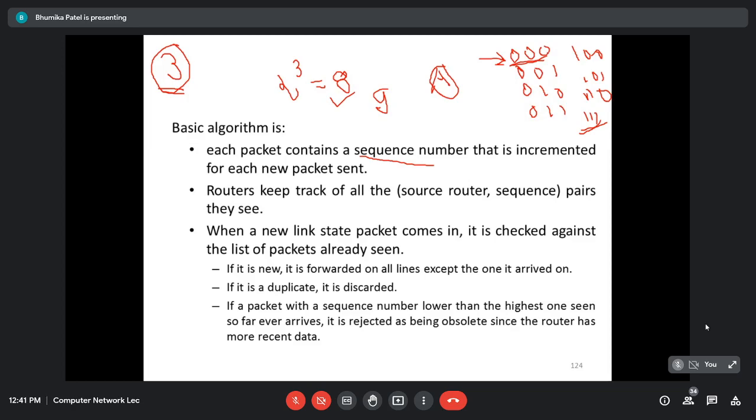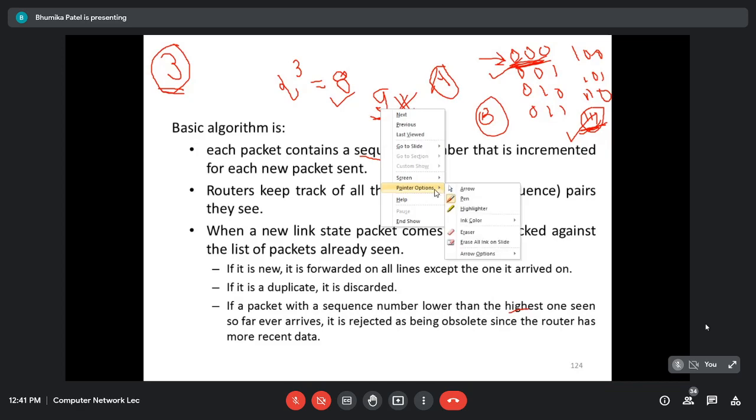So what will happen if router A is going to send the ninth packet with the sequence number 000? This packet will be rejected at the neighbor. Why? Because router B, જેનો neighbor હશે, has already seen the packet with the highest sequence number, right? It is going to reject this ninth packet because it has the sequence number 0 as compared to this. Okay, so 0 is less than the 8. So this ninth packet will be rejected.